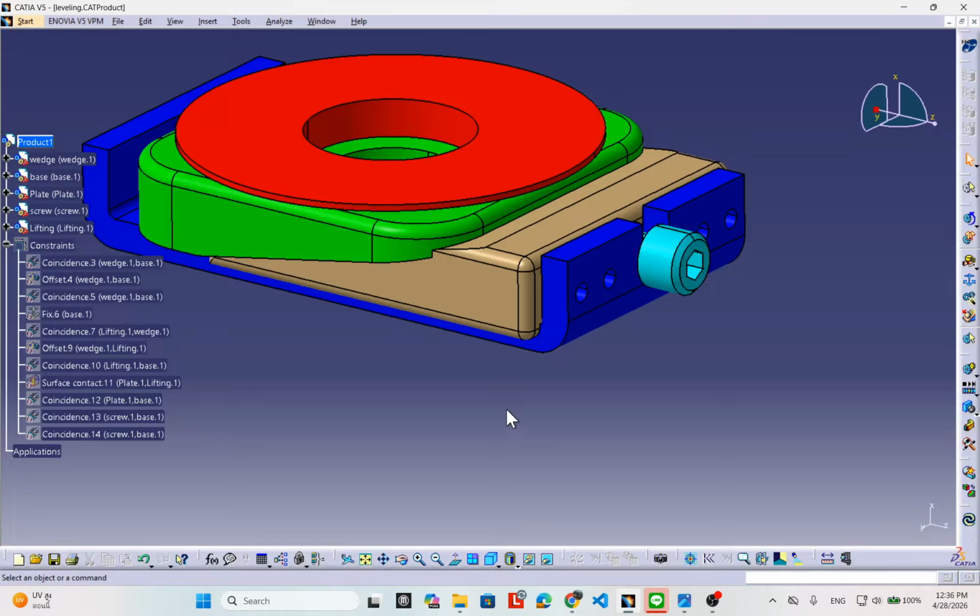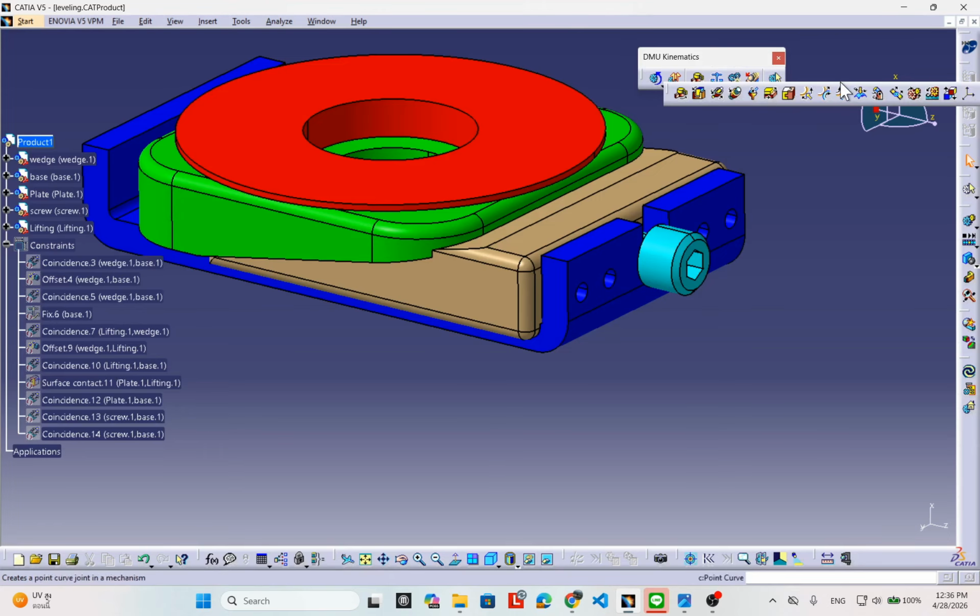You should select the two parts in DMU kinematic, and this one is the joint type. It's the joint type needed for your application. Your application should match which one is better, right? You select that, and okay, and right now I need to move this relative to the other